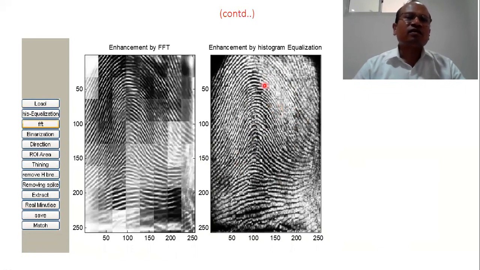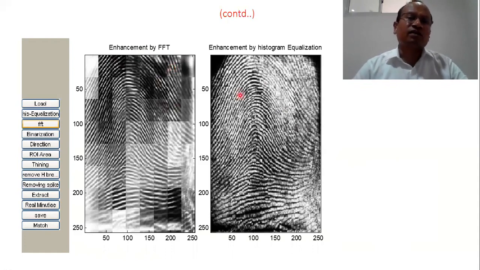Now, after enhancing the image, FFT is applied, the fast Fourier transform. We know that the image is a matrix, and that matrix has discrete values in rows and columns. Those discrete values are transformed by the fast Fourier transform, which is nothing but the frequency domain Fourier transform.